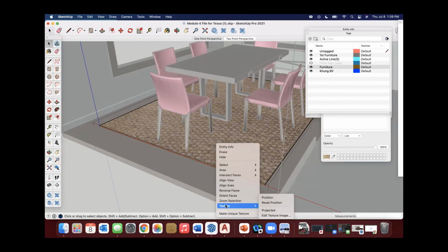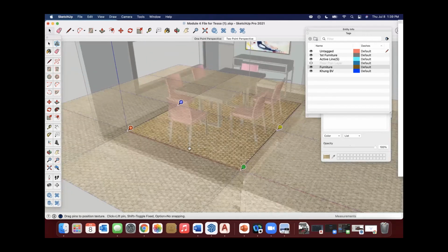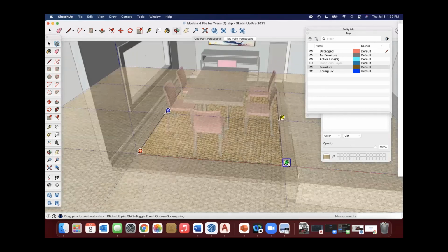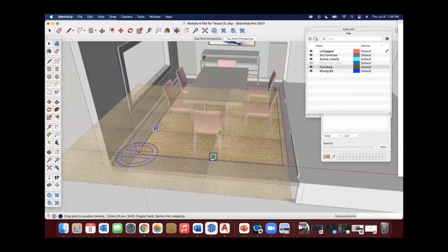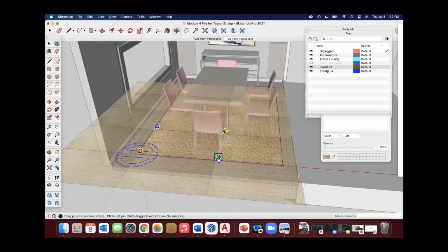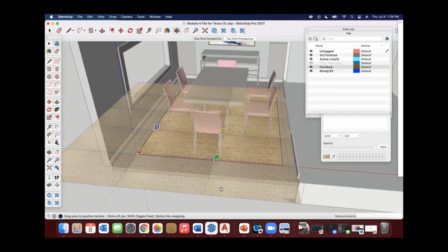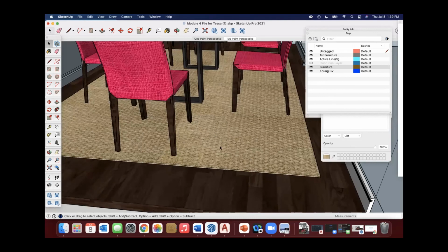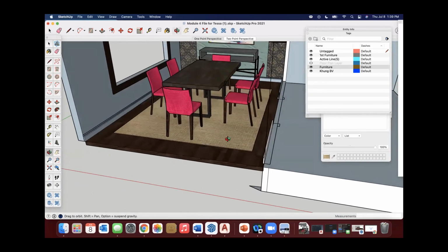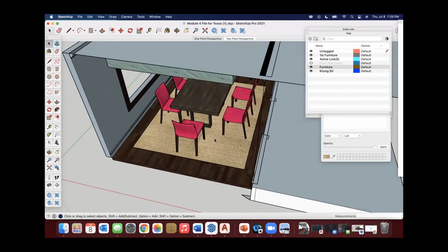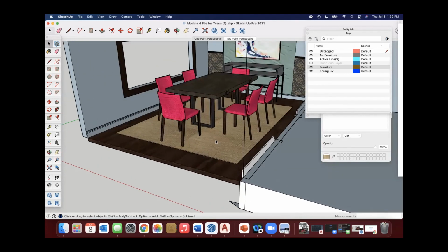Let's go back to texture, position, and we can play with that scale a little bit and bring that down. We might end up with a little bit of a seam, but then we're not seeing the actual material texture so large, but we're not seeing as many repeats. So that actually works out really nicely and looks a lot better. That gives us our rug.